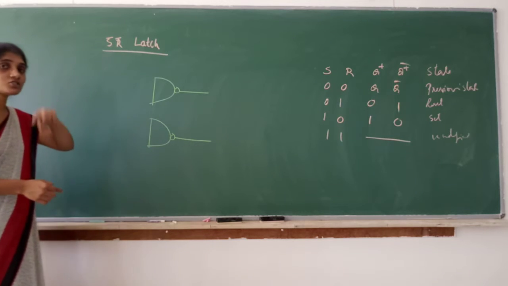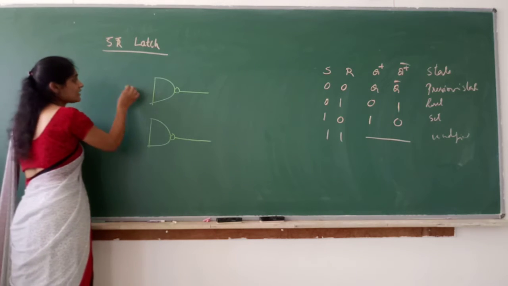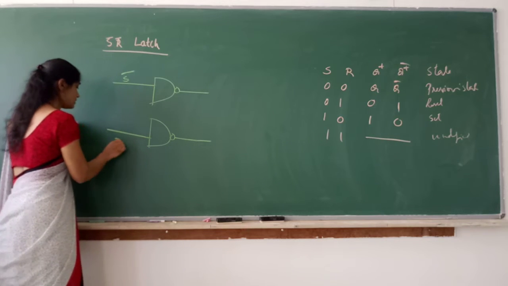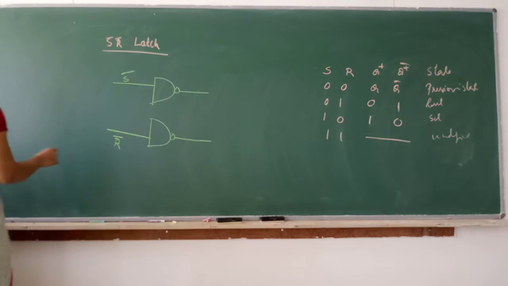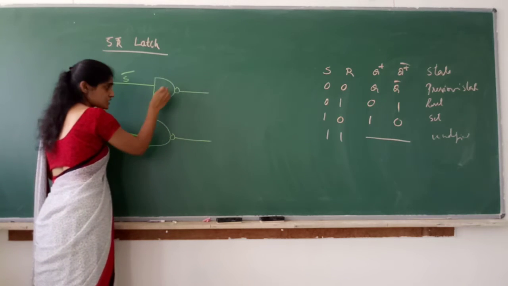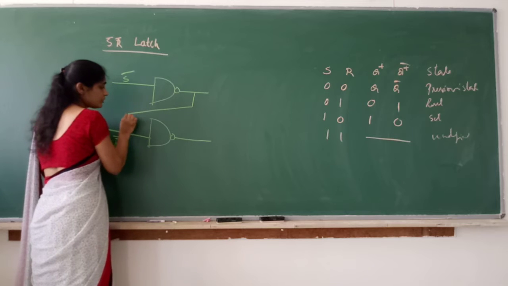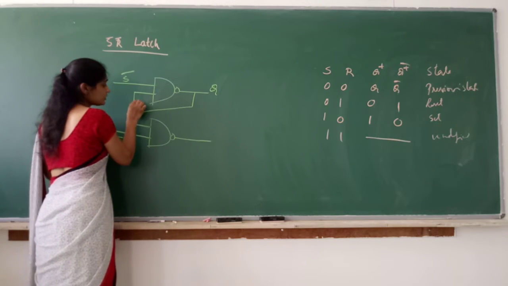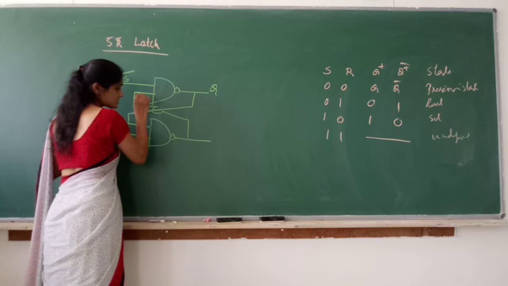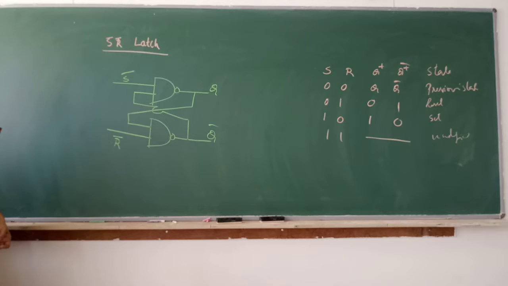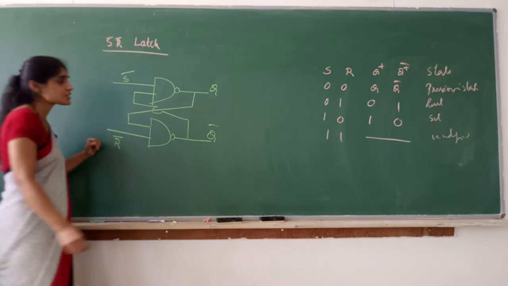SR latch, it is NOR gate. S bar R bar latch, it is NAND gate. So this is going to be S bar, R bar. What is the other input? The other input is the previous state. So the other input for this gate is from Q. The other input from Q bar will be the input for the first NAND gate. So this is Q bar. So this is the circuit. Now let us analyze the circuit and write the function table.